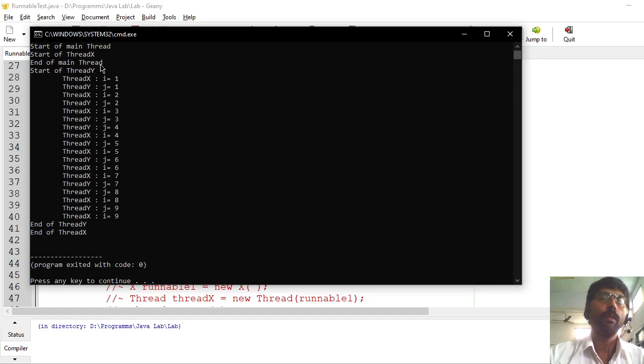There is no need for the main thread for further execution, but X and Y are executed in parallel. I put a sleep method here to show the demo properly. First it will execute X, wait for the half second, then thread Y, wait for the half second, again thread X, like that it will execute.